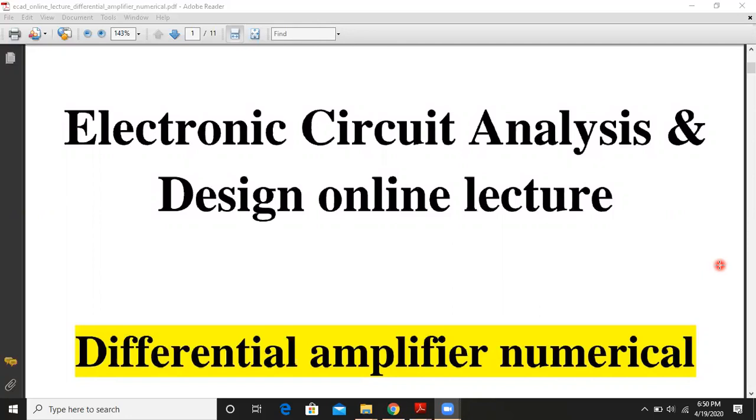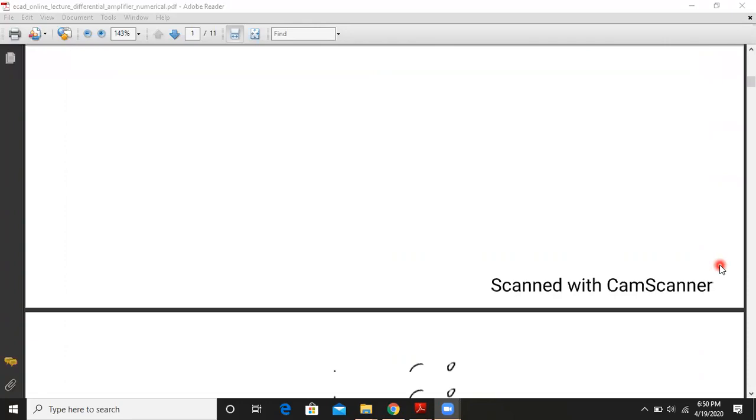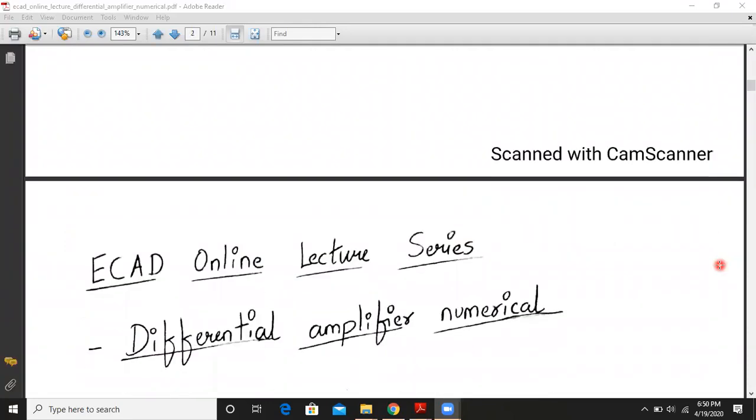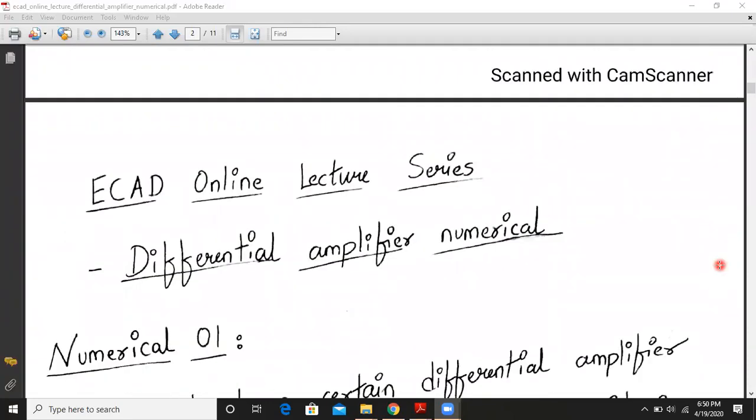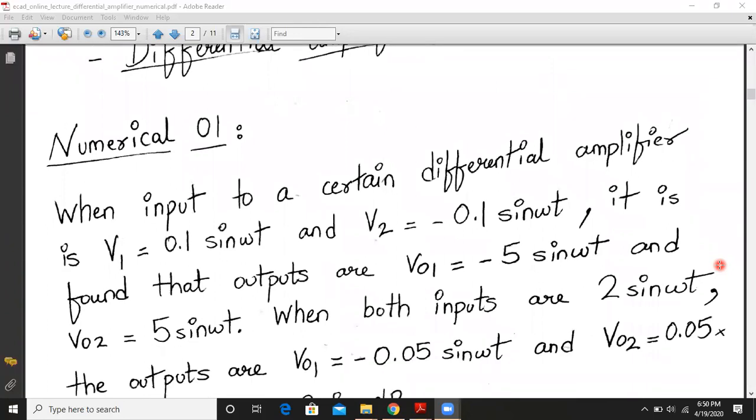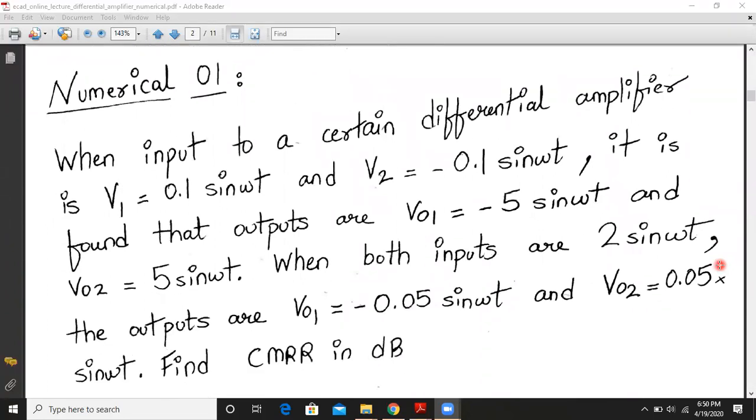Today's topic will be differential amplifier numericals. Let us directly begin with the topic. So today we will cover a variety of BJT differential amplifier numericals. So let us go to the first numerical directly. The first numerical reads,